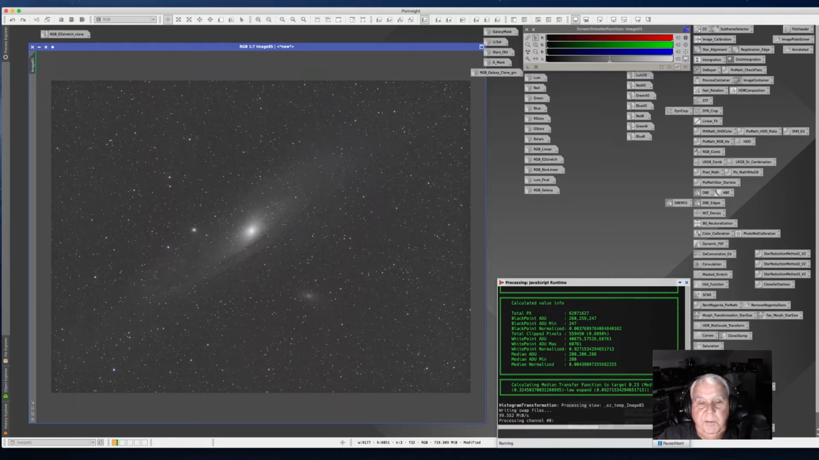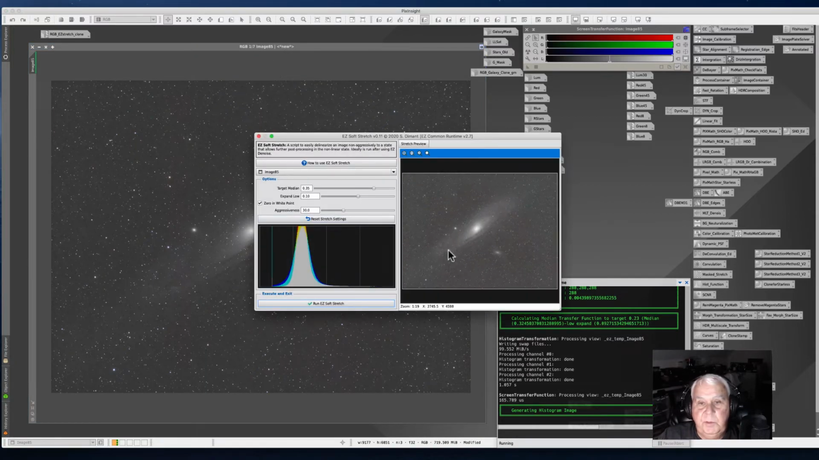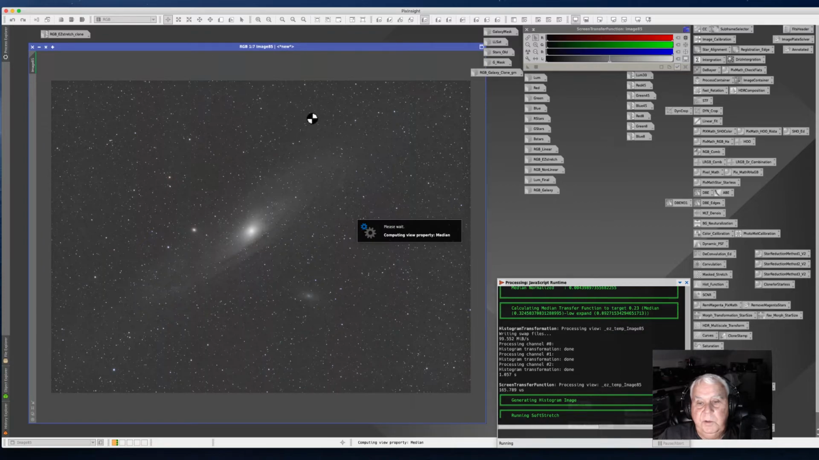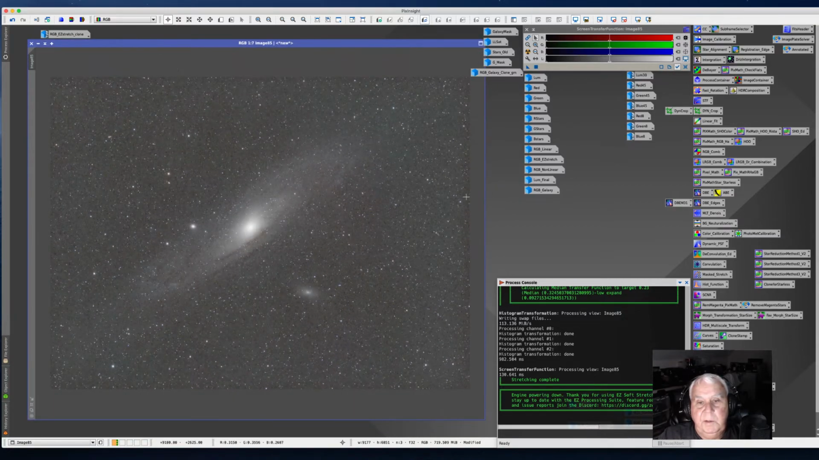I'll give you an idea of how it's going to look as soon as it gives me a preview. There's the preview. That looks okay. So let's run it, as long as I get some good color in my stars. All right, goody goody gumdrops. Now that we have it stretched,